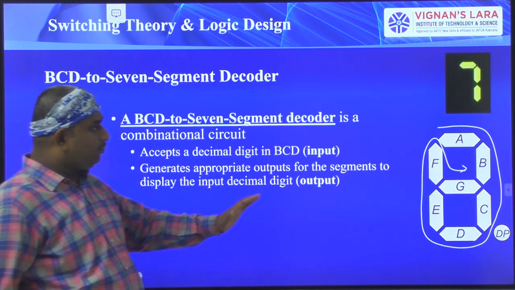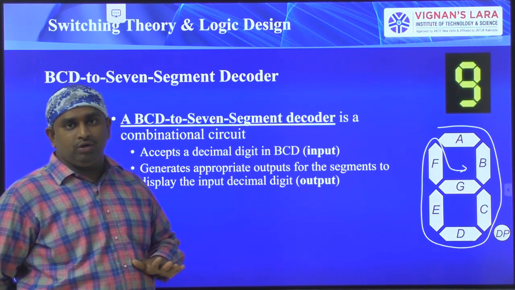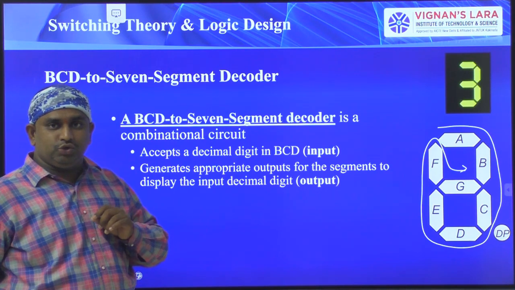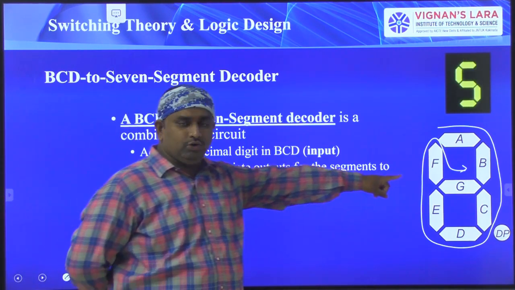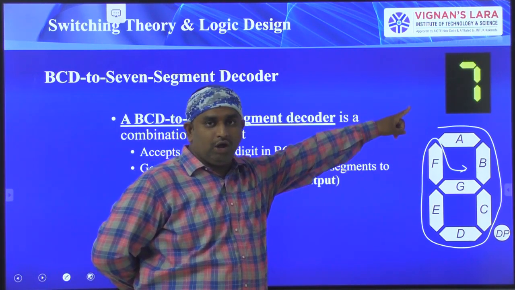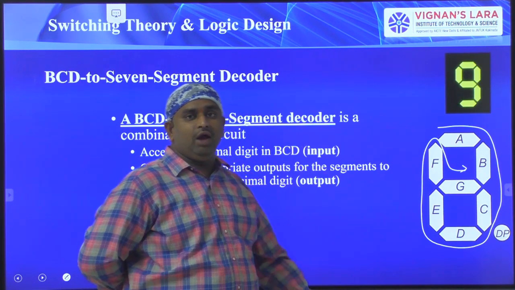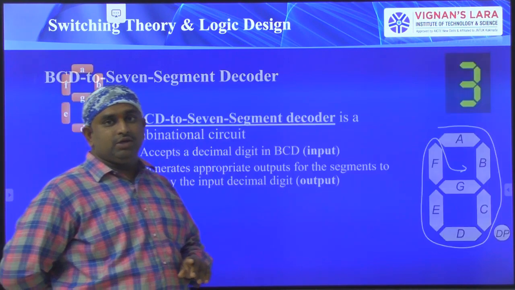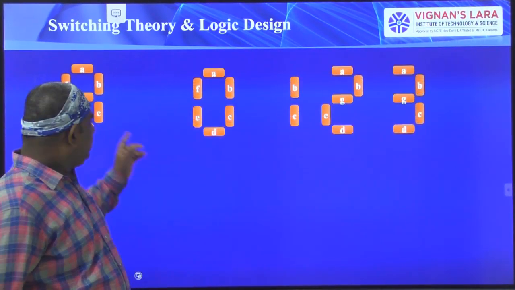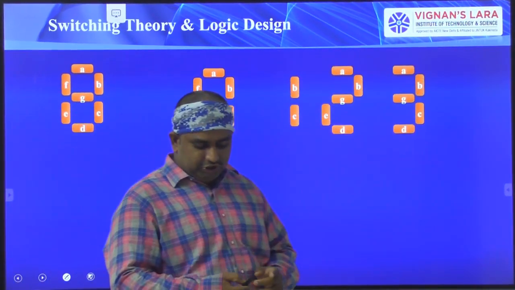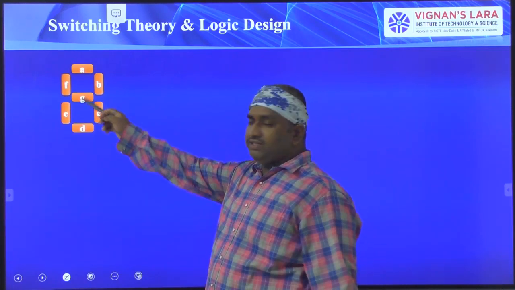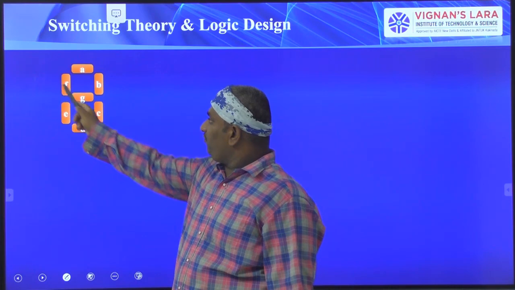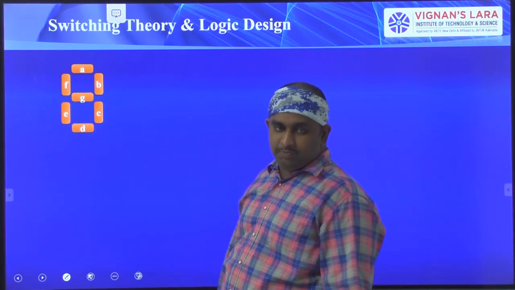Now we have to design the circuit which takes the BCD as input. That is, it should take 0, 1, 0, 1, and you have to show how these numbers will finally glow, so in between you are writing the function. See here, this is the generalized representation, the generalized 7-segment display: A, B, C, D, E, F, G.